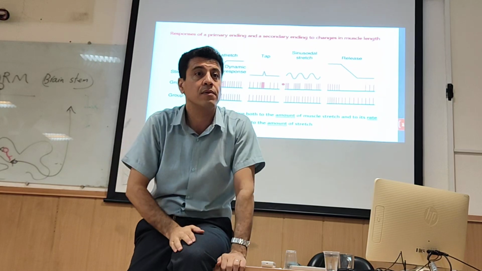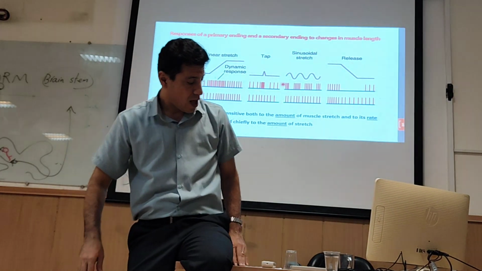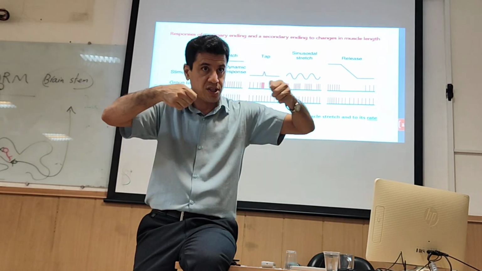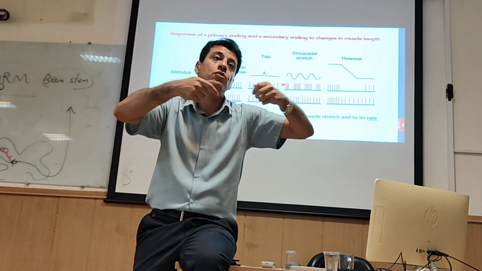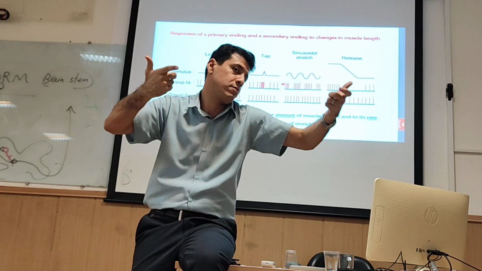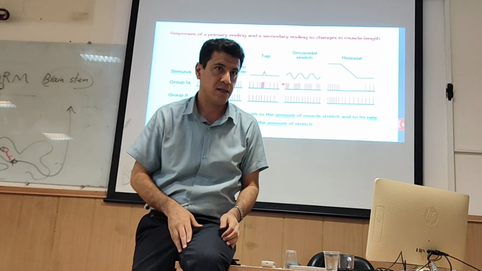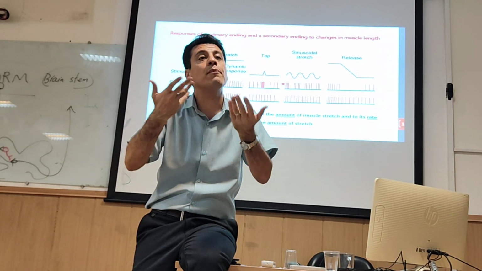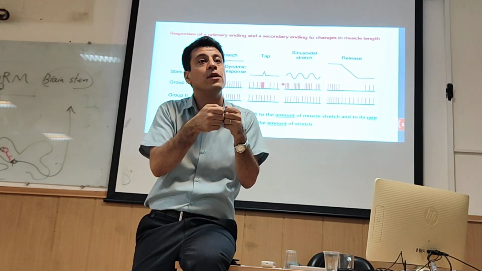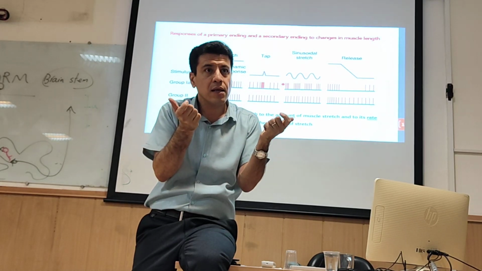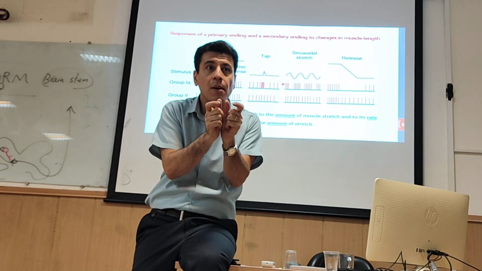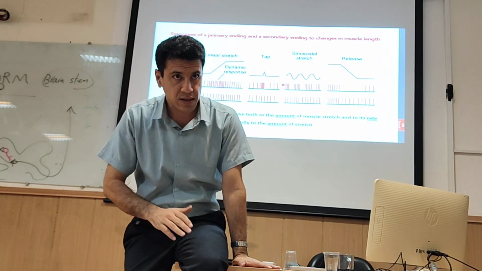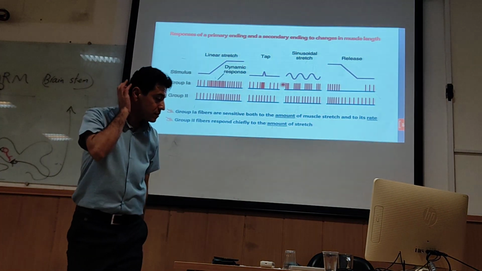So when do we get this one? This is stretch. Yeah, when you stretch the muscle and keep it. You stretch the muscle and keep it. You increase the length and hold it. So when you slowly increase the length, then type 2 fibers are activated. When you increase the length suddenly, for a short time, only type 1 fiber is activated. Nuclear bag fiber. Right? Yeah. So